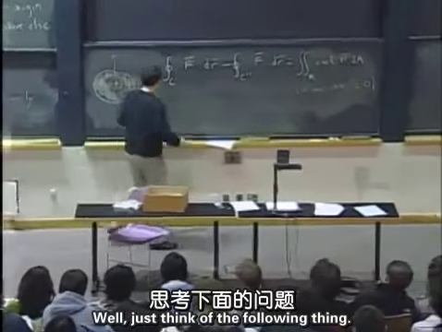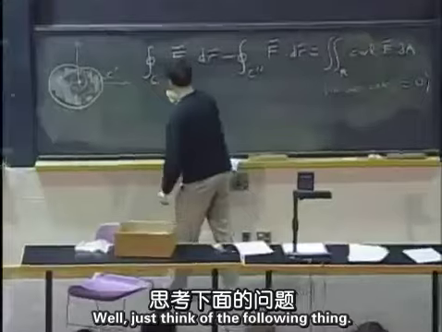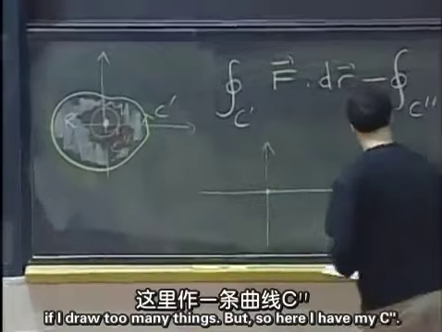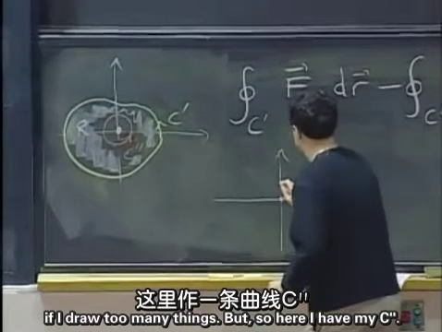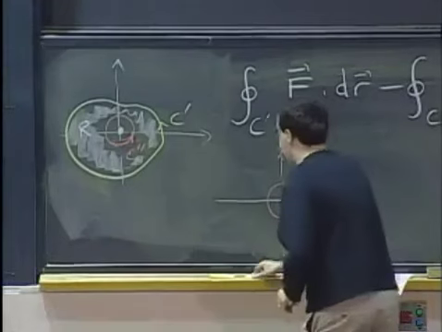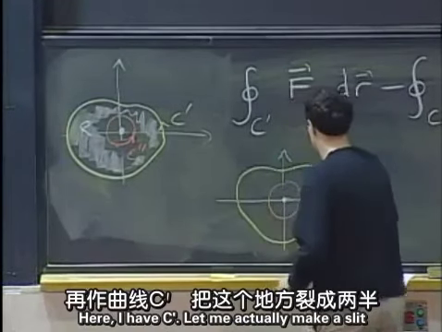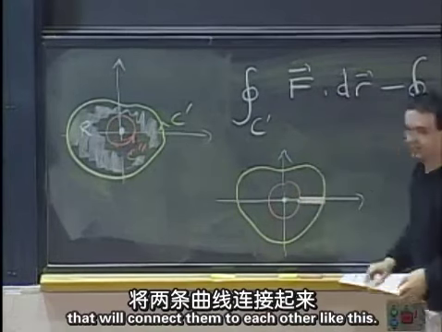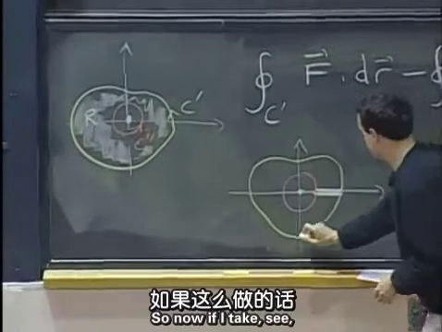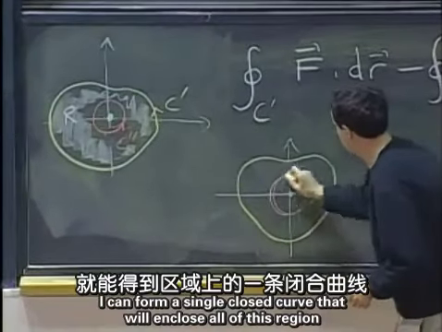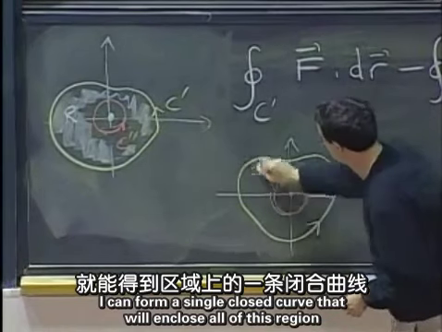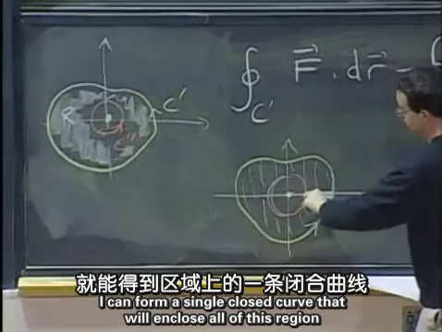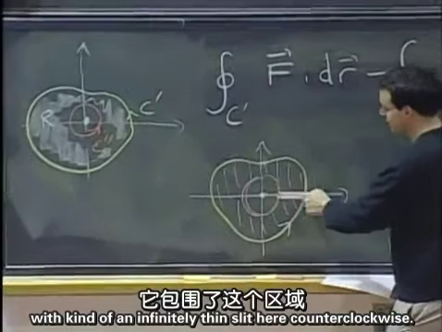Well, just think of the following thing. I'm not going to do it on top of that because it's going to be messy if I draw too many things. But here I have my C double prime. Here I have my C prime. Let me make a slit that will connect them to each other like this. Okay. So now I can form a single closed curve that will enclose all of this region, with an infinitely thin slit here,